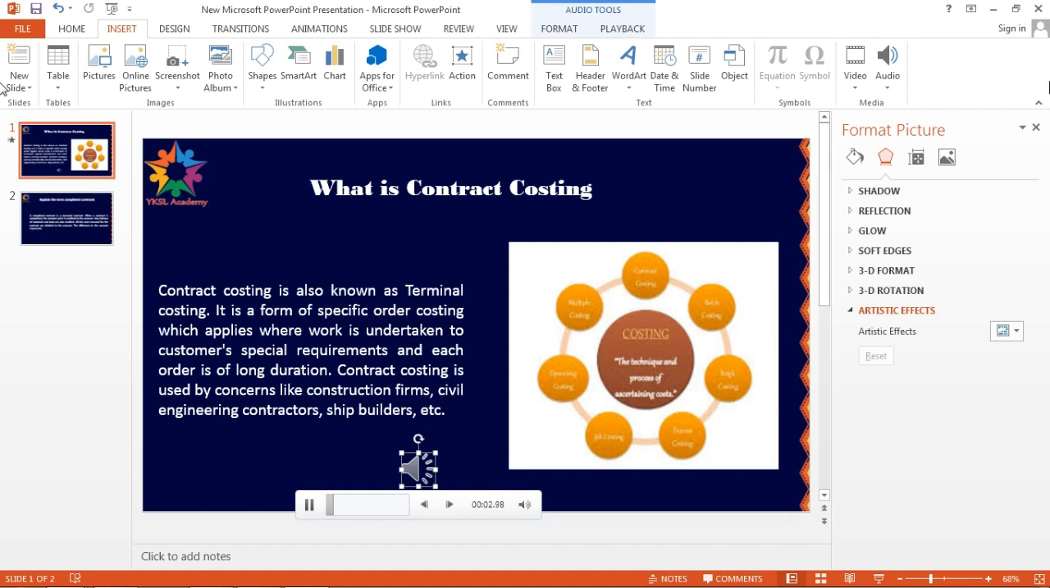I'm going to give a voiceover for this. So what is contract costing? Contract costing is also known as terminal costing. It is the form of specific order costing which applies where work is undertaken to customers' special requirements and each